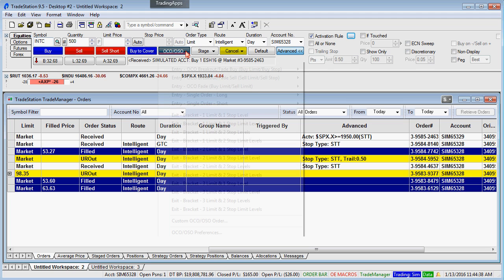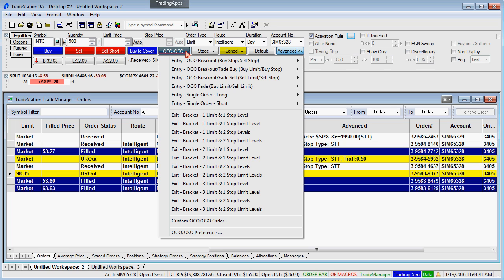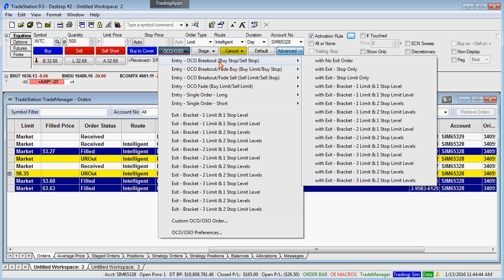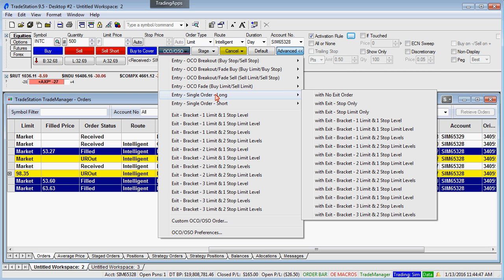Let me show you one example. I'm going to come here. I'm going to do an entry. Let's do an entry single order. By the way, when it comes to OCO and OSO, I like using the matrix better than this. The menus here, my personal opinion, are a little bit cumbersome, especially to find what you're looking for. So if you're trading OCOs and OSOs, they are easier to use on the matrix, and we'll talk about those tomorrow. But let me show you how you can send a custom order, a complex